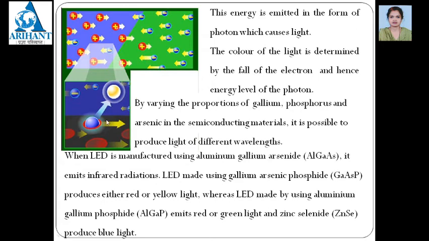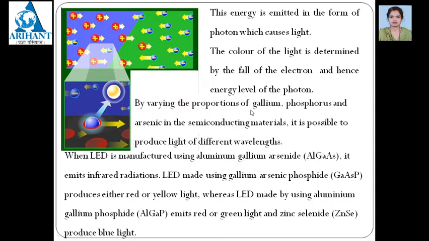When this electron falls into the hole, it emits energy because it is at a higher energy level, and this is nothing but the photon, which gives this monochromatic light. You can see here, when this electron falls into the red part, which is the hole, it gives one photon which goes in this direction. The color of this light is determined by the fall of the electron, and hence the energy level of that photon. Which color photon is emitted can be determined by the fall of the electron, means what is the energy level of that photon.